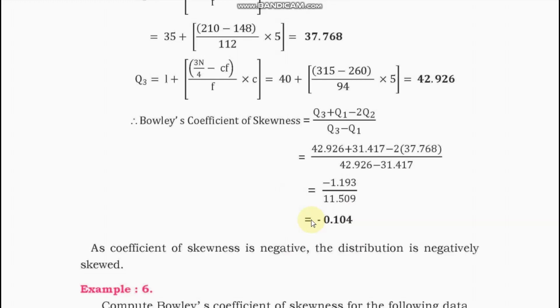The point to remember here is that if the given class intervals are inclusive classes, then we have to convert them into exclusive. If the given intervals are open end, then it's totally fine as far as Bowley's coefficient of skewness is concerned. Since it involves positional averages, we can easily compute the positional averages for an open end distribution.